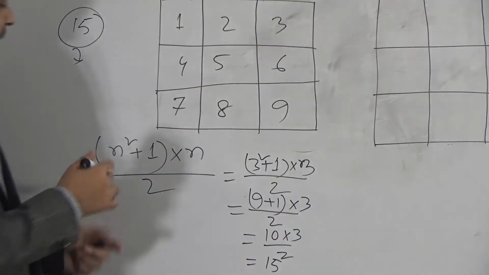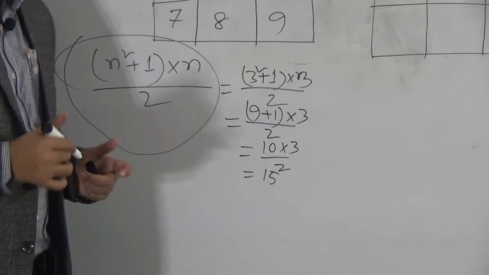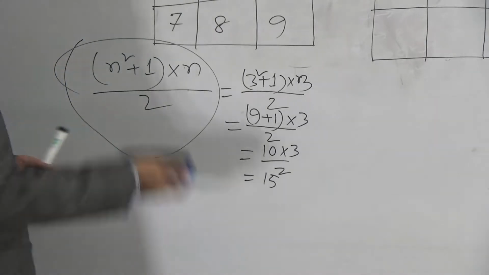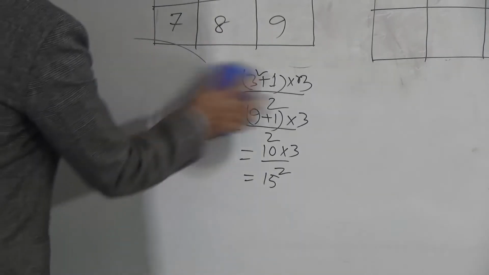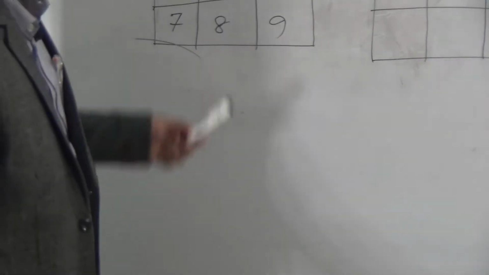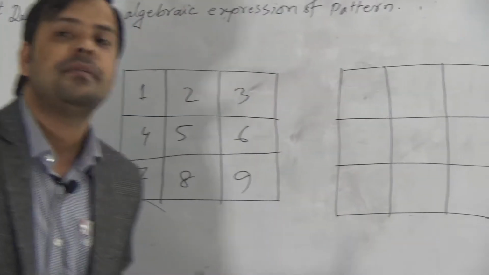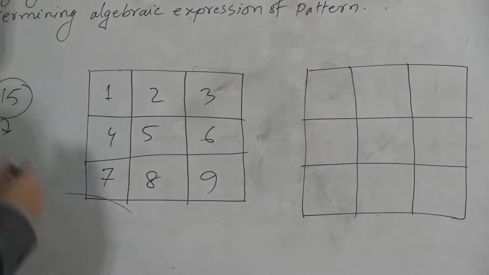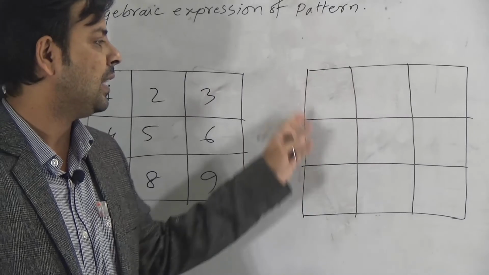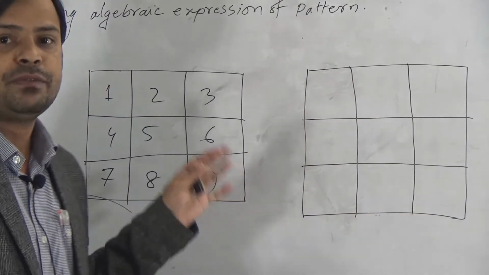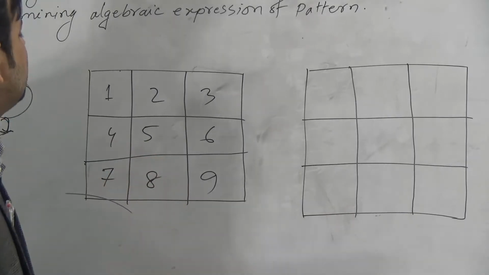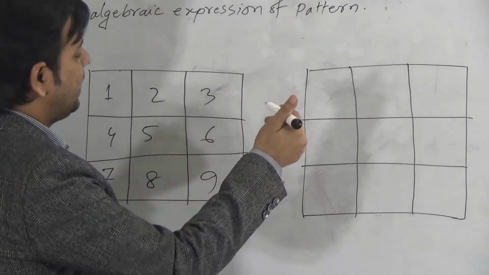So in this way, using this formula, we can determine the magic number. You need to remember that the magic number is 15 for the magic square of order 3. Now we have to arrange these numbers in this magic square, and we have determined the magic number is 15. So the sum of the 3 numbers horizontally, vertically or diagonally will be 15. We have to arrange using a technique so that we get the magic number when we add the numbers horizontally, vertically or diagonally.